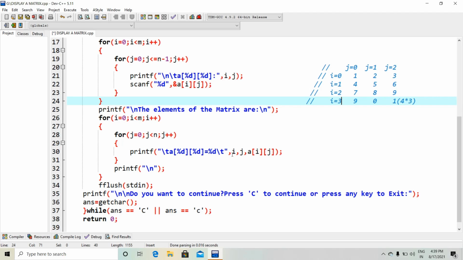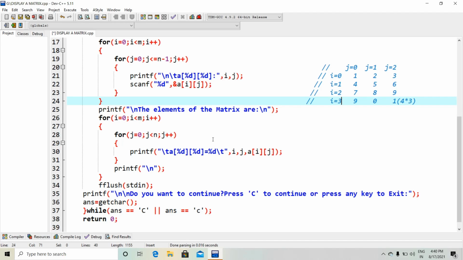That means a of i j equal to a of ij, so it will print this. Then here I am using one printf backslash n, so after executing this for loop one time, the cursor will go to the next line.